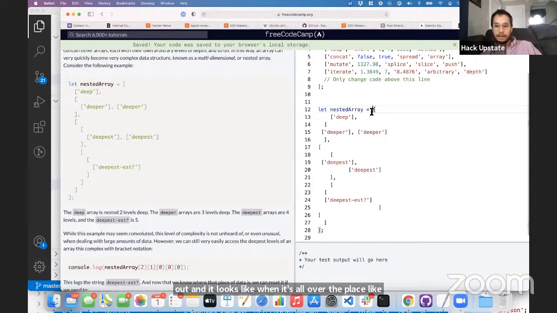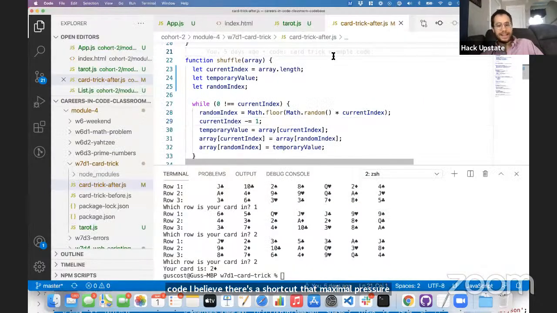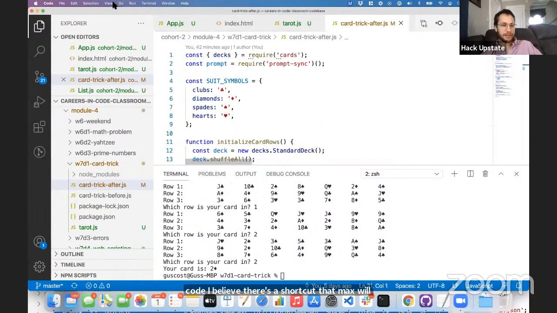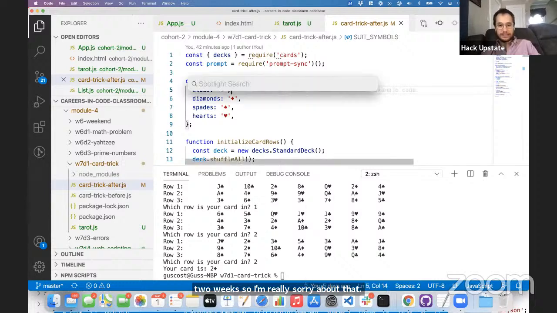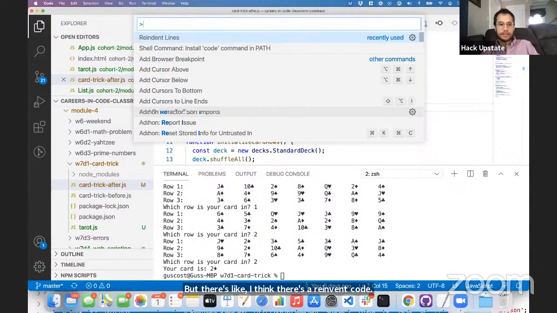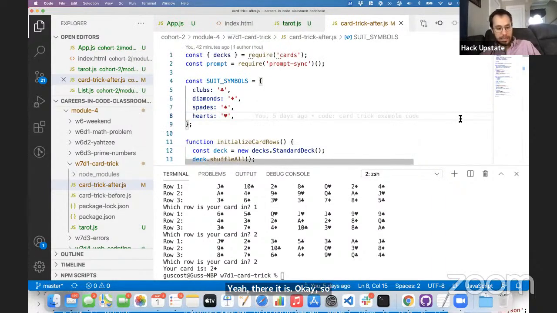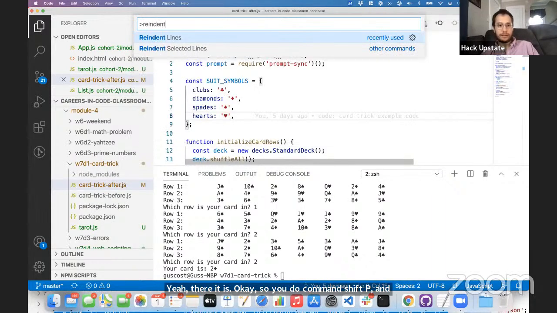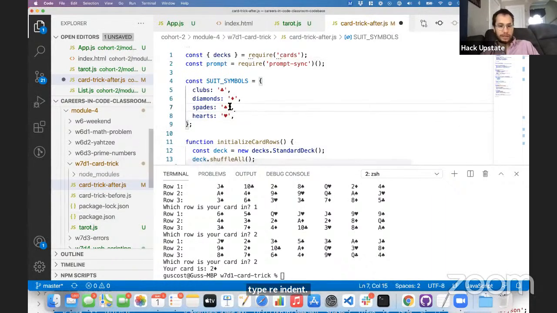Again, you can still fall back on this tool. And in VS Code, I believe there's a shortcut that Max will probably teach you that I didn't mention for 2 weeks. So I'm really sorry about that. But I think there's a reindent code. Let's see. Yeah, there it is. Okay, so you do Command Shift P and type reindent, and it will fix it. So if you mess up all your indentation,